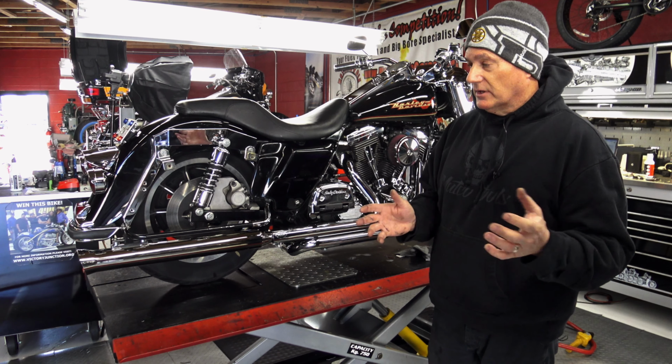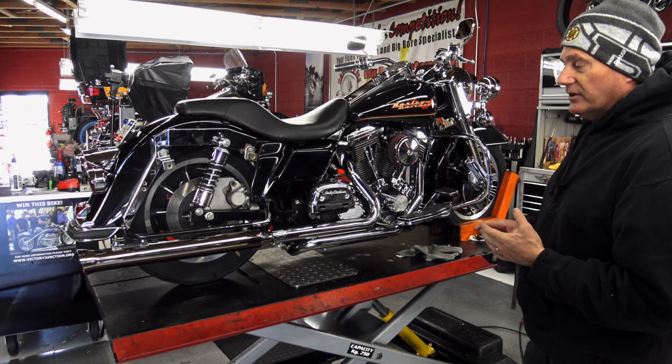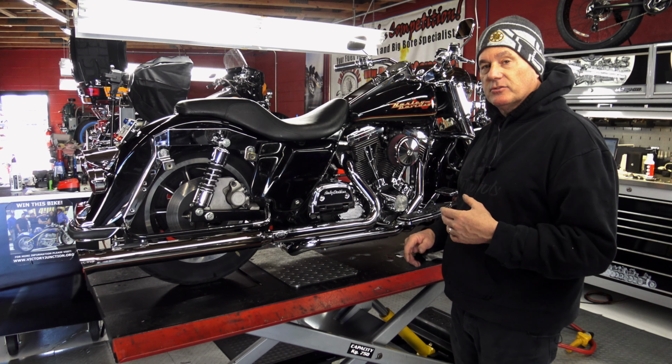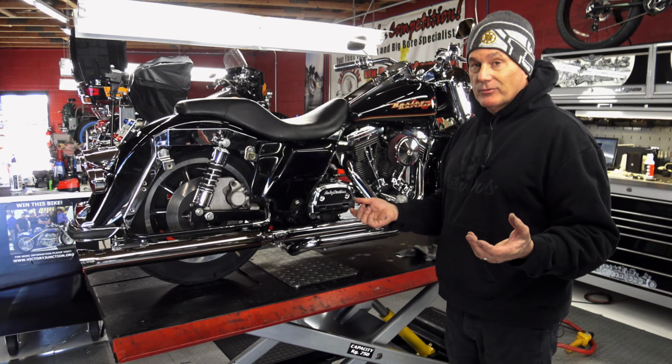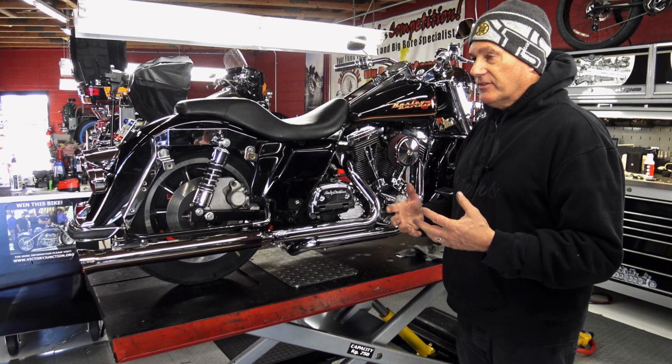So we do a lot of dyno work, and we do work like this, a lot of older bikes that need some tender loving care. But any American V-twin, Harley, Indian, Victory, choppers, anything with an S&S motor, even a RevTech, which I don't love, but we'll take care of them, the Ultima motors. Anything like that, we'll take care of. Baker transmissions, any of their primary setups, we do all that. We do Big Bear, Big Dog,